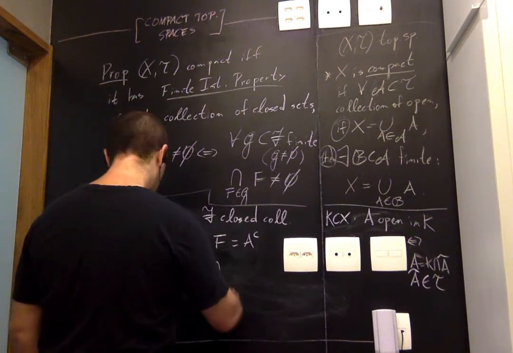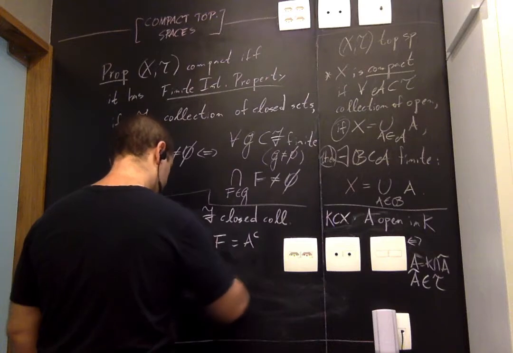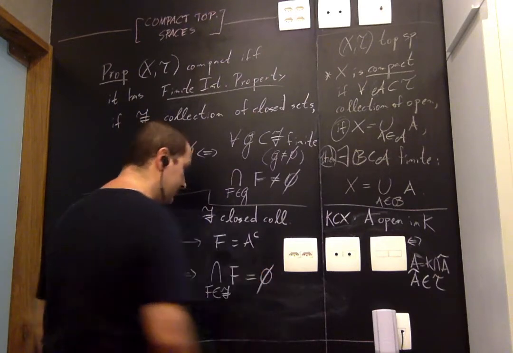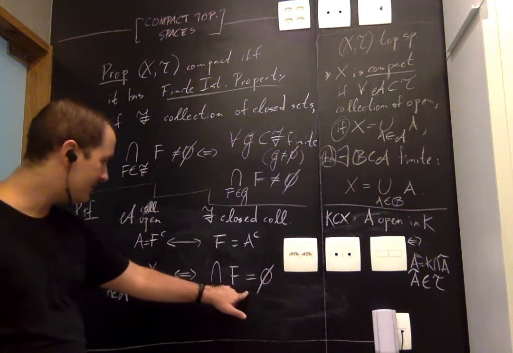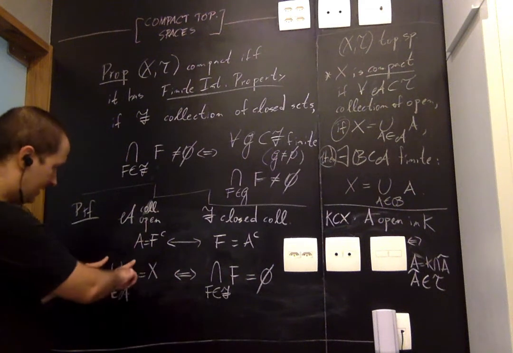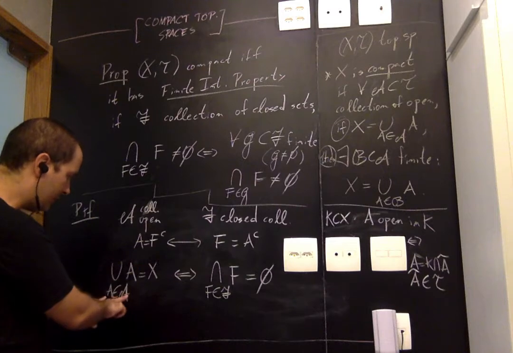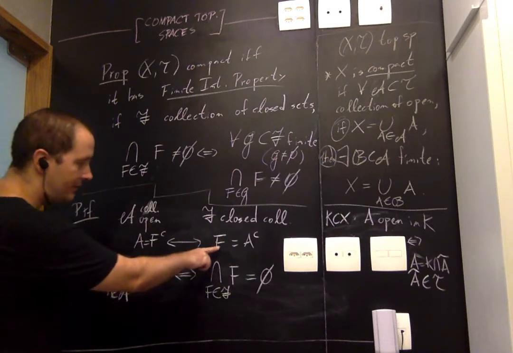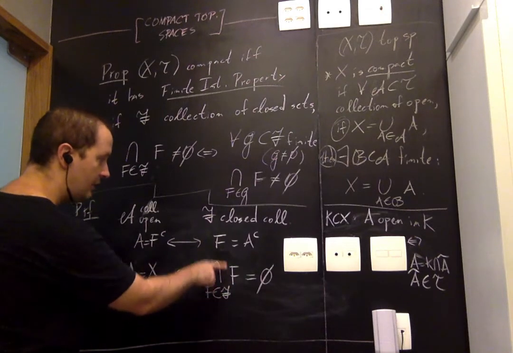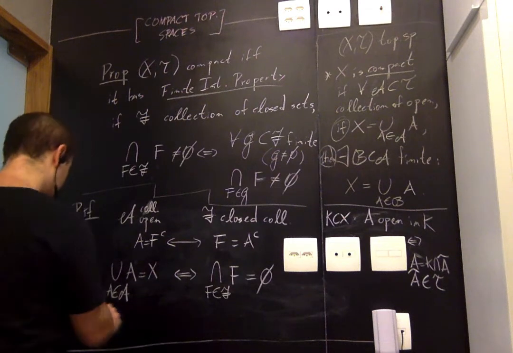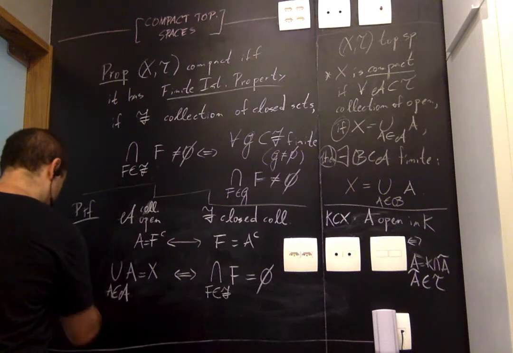So this property here is equivalent to saying, sorry, that the intersection is empty, right? So again, I'm just saying I take the intersection of a complement for all A in my collection. That's the same thing as taking the intersection of F for all F in my collection of closed sets. And so